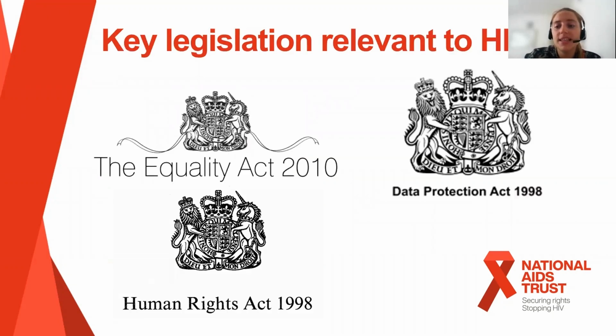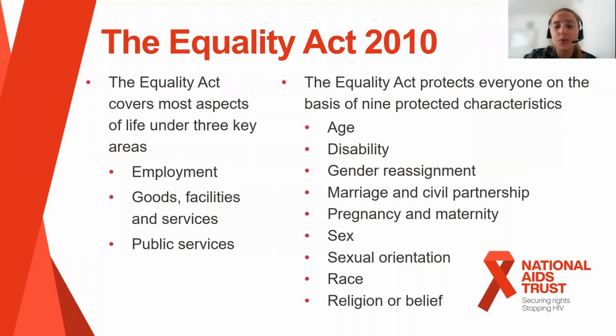So onto the key legislation relevant to people living with HIV. These are the Equality Act 2010, the Data Protection Act 2018, which is GDPR in the UK, and the Human Rights Act. And I appreciate that everyone here will have varying levels of understanding of these laws and how they apply to people living with HIV in employment. So we're going to go through each law, so we will have a good shared understanding. Beginning with the Equality Act, this law is the main form of legal protection against discrimination for people living with HIV.